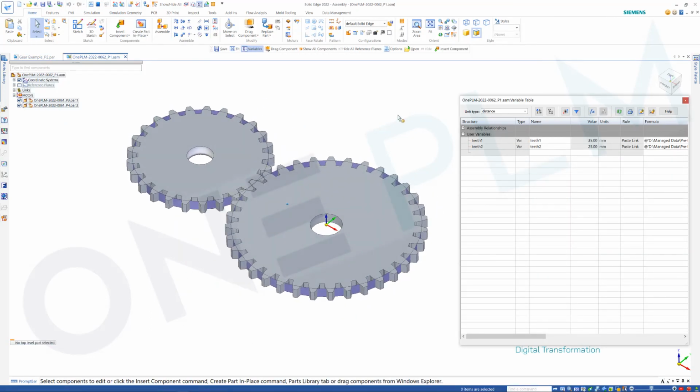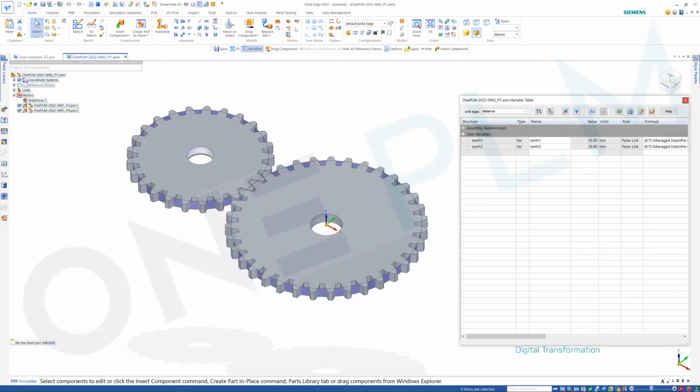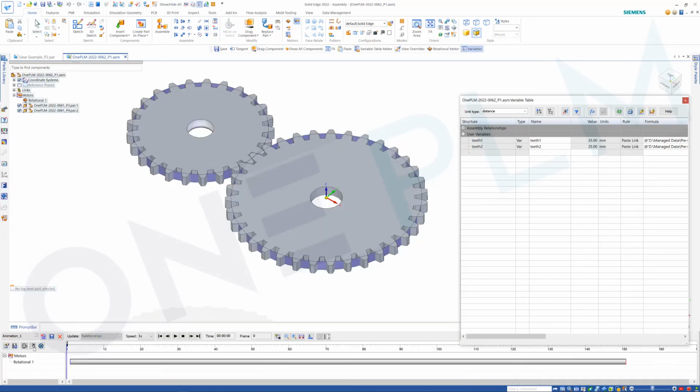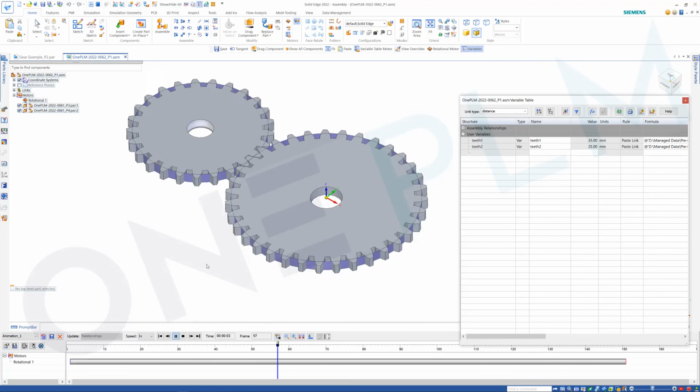Okay, so here's that example. So we can see we've got these parts on there. I've added some motors on here, so I've added a rotational motor, and then we've got a link between these linked to the teeth values, 25 and 35 on there. So if we do a play on there, and if we just double check, we've got our animation on there. If we go to our animation options, I've actually got check interference running on there as well. And if we do a play on there, we can see that we've got those moving without any